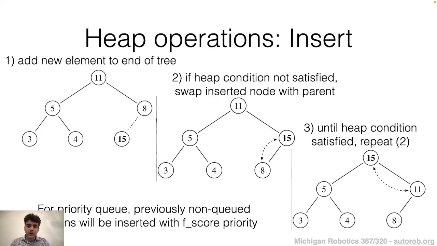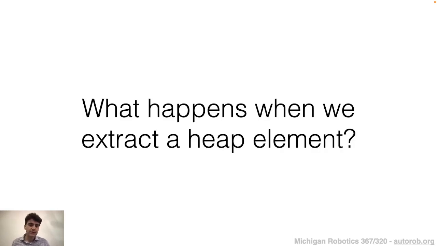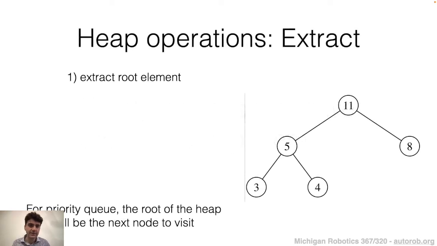Okay, so the next operation we said we need to implement for our priority queue is the ability to extract elements from the heap data structure. To do that, let's look at an example. The first operation for extracting elements: we're going to focus on extracting the root element. And the reason for that is